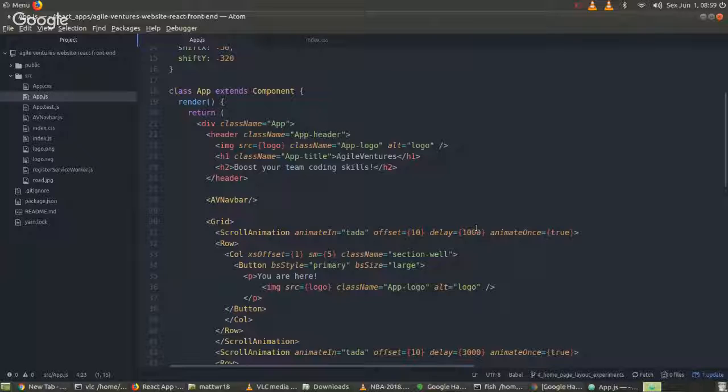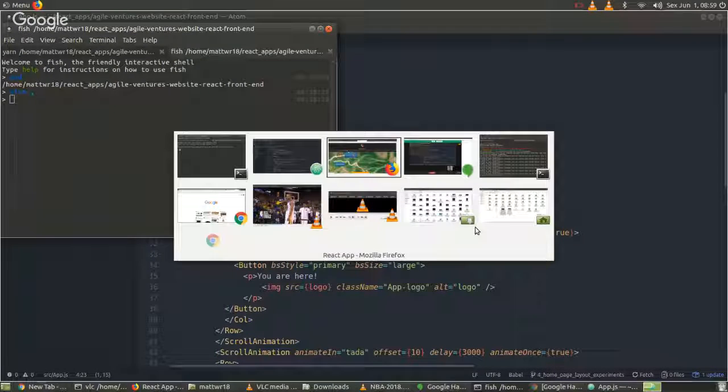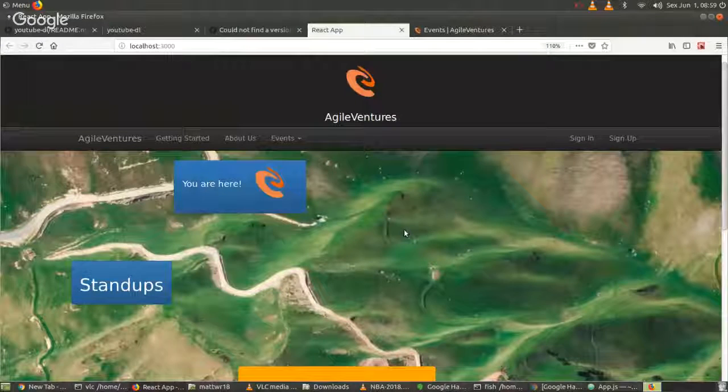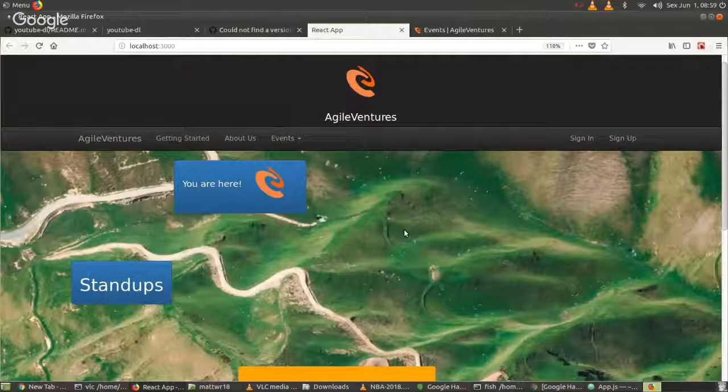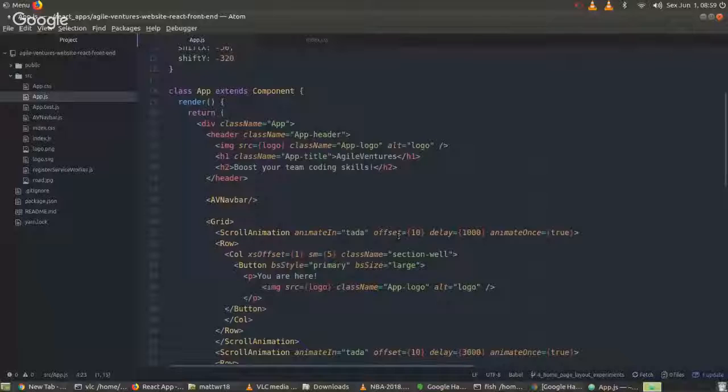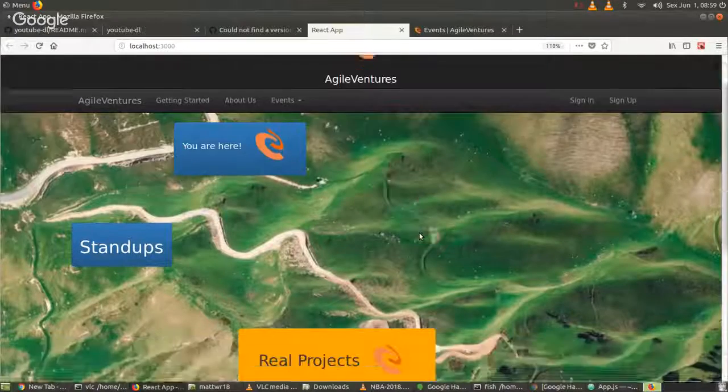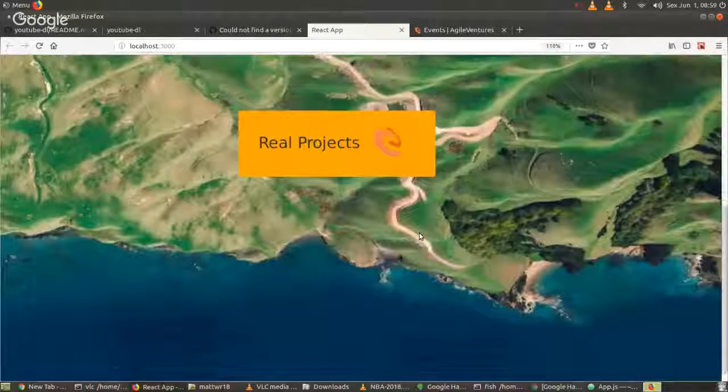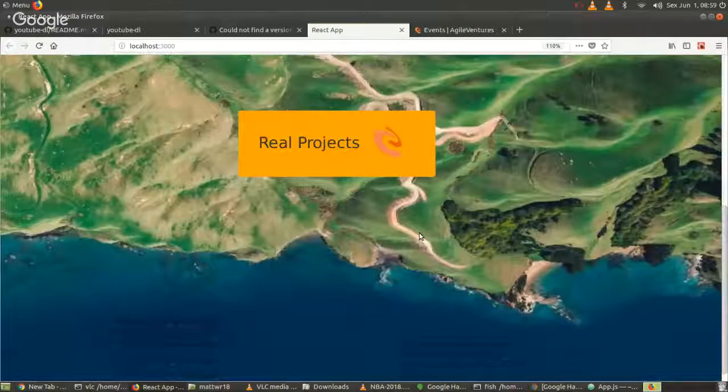It is kind of on a scroll because, if you see, these three are actually part of the parameters, which are this offset 10, which is like 10 pixels from the top or the bottom. Okay. So yeah, and if I scroll down, then it starts the timer for the next ones. Yeah, which probably we could change because it seems like it's taking